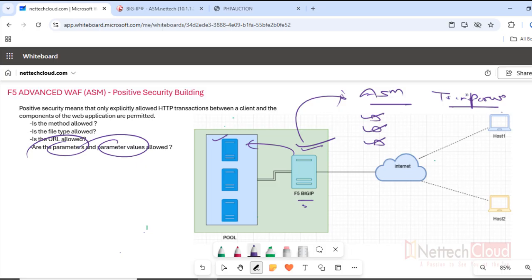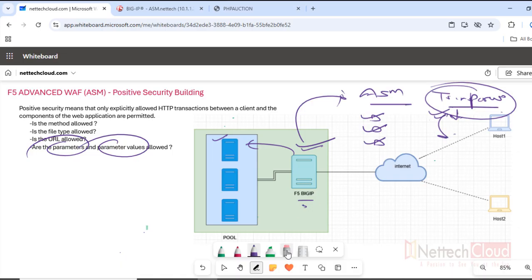From day one we should never keep the enforcement mode blocking, because there could be a lot of false positives. To be on the safer side, we should always start with transparent mode, and after maybe 7 or 10 days, once we have sufficient data, we have added URL types, file types, parameters, their values,